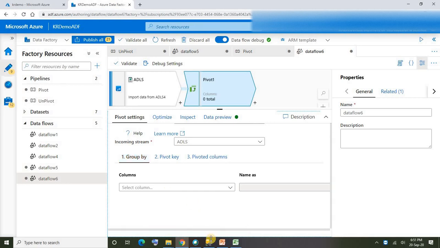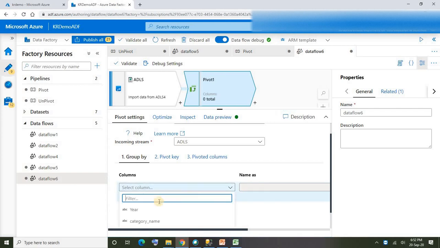For example, we have year, month, category name, and sales amount, right? Sales amount is the value that we're going to aggregate, and category name is the column whose values we are transposing into columns. We don't use the sales amount and the category name here. The rest of the columns, year and month, we want to retain as is, right? So we need to use those columns here to group the data.